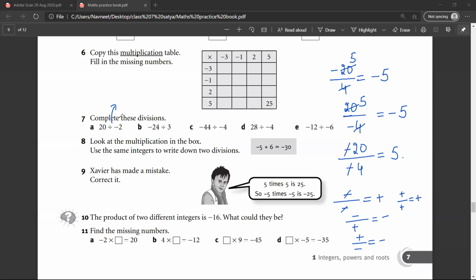Okay, let me explain. 20 divided by minus 2 would be equal to minus 10. 20 upon minus 2 is minus 10. Perfect. Minus 24 divided by 3? Minus 8. Perfect. See, minus 44 divided by minus 4. Minus 44 upon minus 4. So minus upon minus, see, minus and minus will get cancelled. So when this gets cancelled, my answer would be